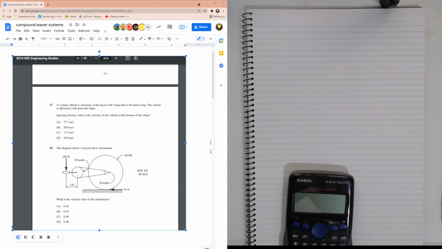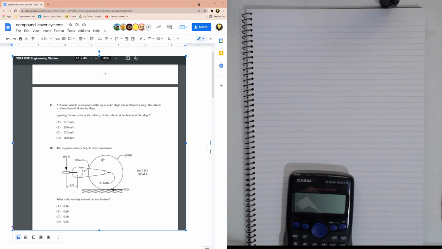Okay, this particular question we have over here, we have a compound system. We have a push bike where we have a pedal pushing down at 450 newtons. We have a gear that the pedal is connected to, which contains 50 teeth. We have 20 teeth on the gear connected to the rear tire. We have an outer diameter of